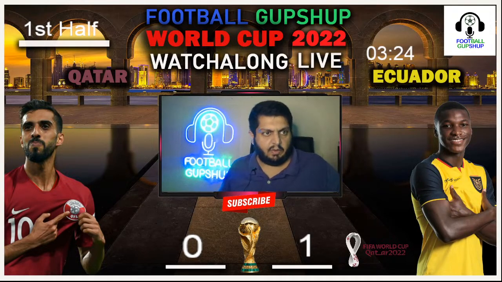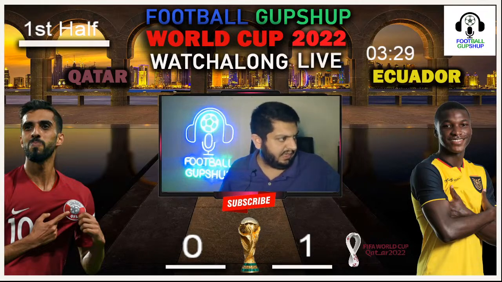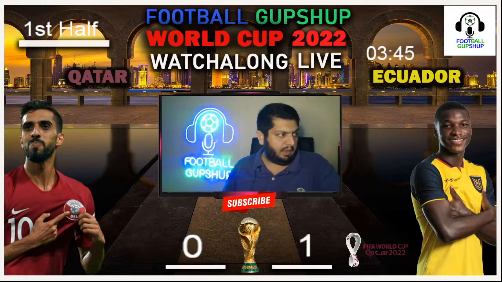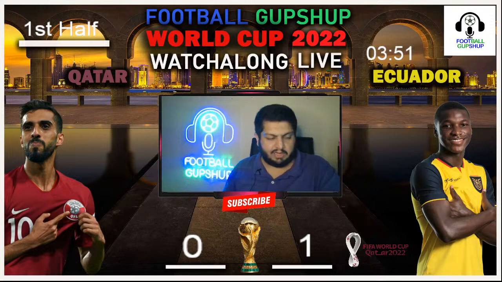and it is Ecuador who have scored the goal right now. Things are looking very interesting, and Valencia is the one who has scored the goal. Nobody was expecting it, but it has been scored. So right now you can clearly see that the goal has been scored by Valencia, and it was a mistake by the goalkeeper and the defense. They weren't able to clear the ball away from that danger area, and Valencia jumps up, puts his header through the net, and the first goal of the World Cup has been scored at this moment. So there you go, guys.